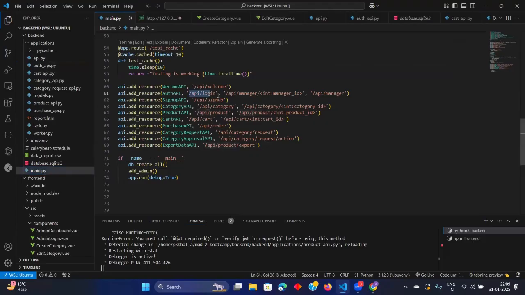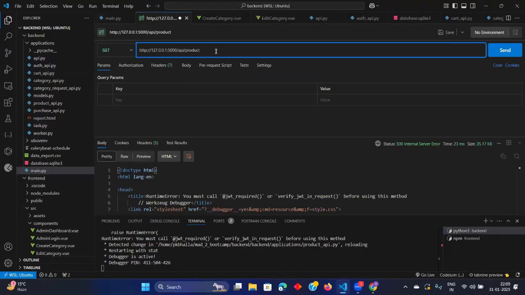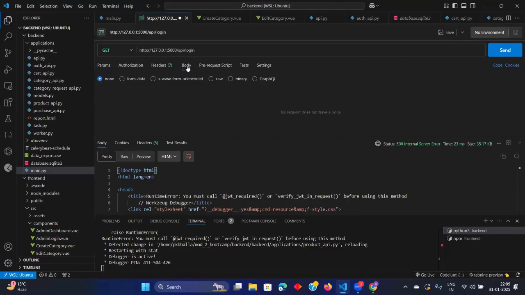API slash login. Authorization is not required. Body will be your simple raw JSON.